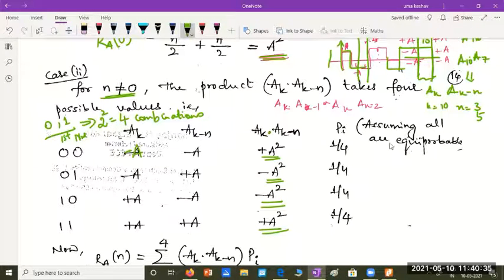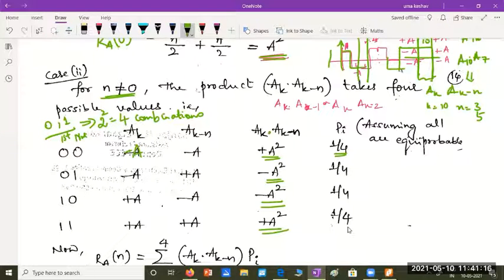And coming to the probabilities, just like before, we are going to assume all these 4 possibilities are equiprobable. They can occur with equal probability. Few things we have to assume here. If they usually don't mention, let's assume the probability that ak is 0 and ak minus n is 0 will be 1 by 4th. Ak is 0, ak minus n is 1 will be 1 by 4th. So all the 4 cases which are possible will occur with equal probabilities. That means the probability of every individual case is 1 by 4.